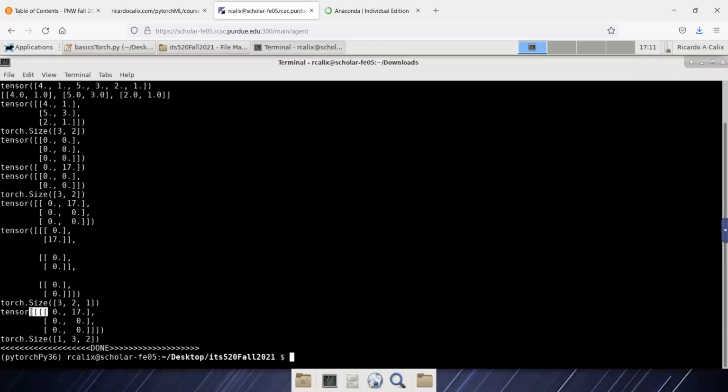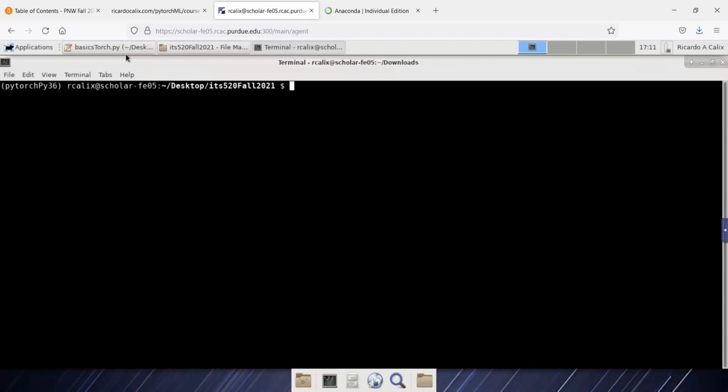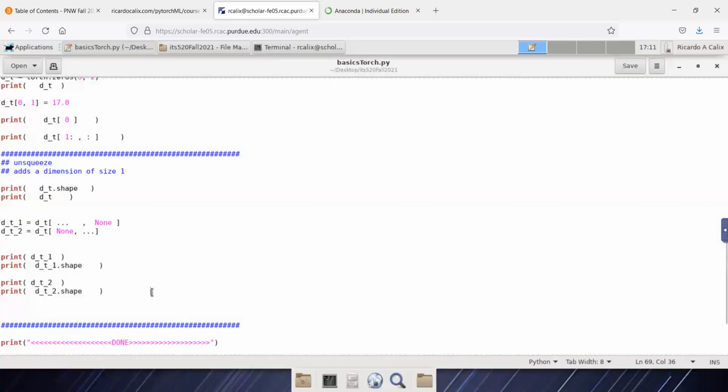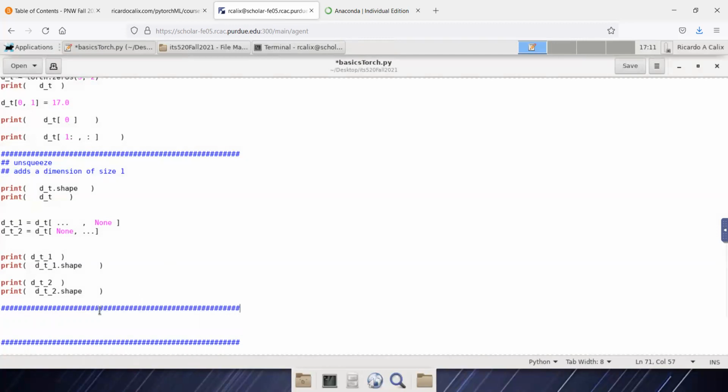Let's do another tensor. This time it's going to be a random tensor. Okay, so let's go back to our, let's clear the screen here. So I'm going to go here, and I'm going to create a new tensor. Let's call it batch T. Okay. And notice, this is going to get a little bit more complex. So I'm going to do equal